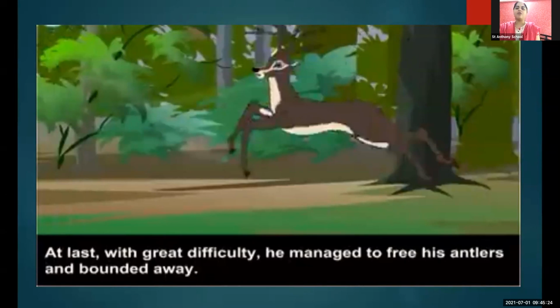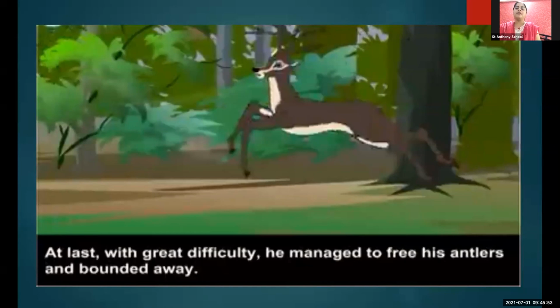Okay, if I had not saved myself in time, the hunters may have killed me. My antlers are looking so good, but still they were the cause, they maybe were the cause of my death. Okay, this was the thing going on in the mind of the stag. And he said that yes, my ugly legs, I was saying that my legs are very ugly, they are not at all pretty, but these legs saved my life today.